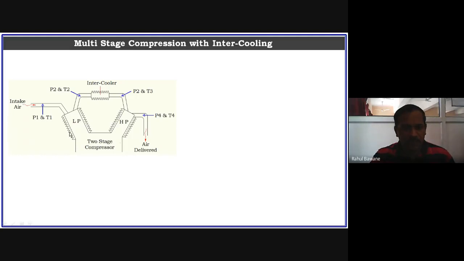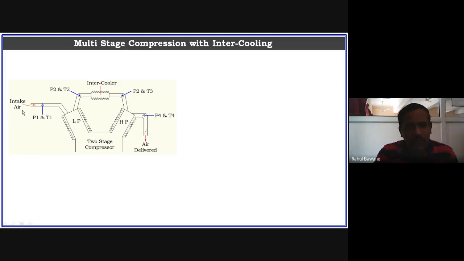Now the first stage is called the low pressure compression cylinder, so LP. The high pressure compression cylinder is HP. Externally we can observe which one is the low pressure and which one is the high pressure. The low pressure compressor cylinder has a larger diameter, and the high pressure compressor cylinder has a smaller diameter, but both cylinders are connected to the same crankshaft, so the stroke length remains the same even though the diameters are different. Now in this, we are saying this is low pressure, this is high pressure.